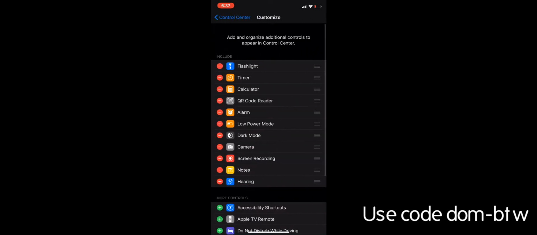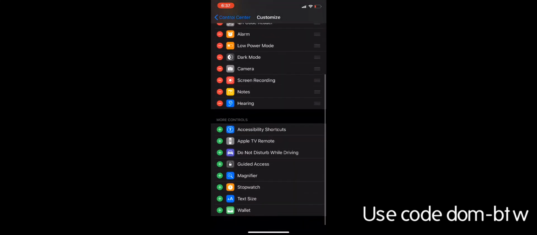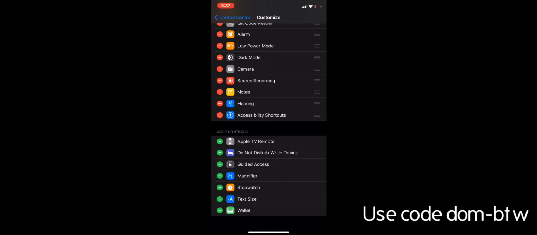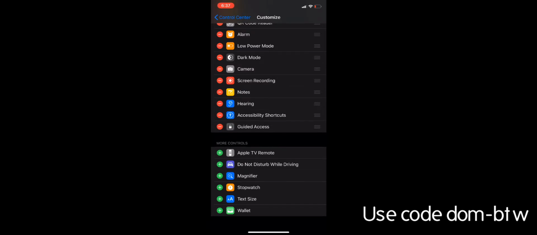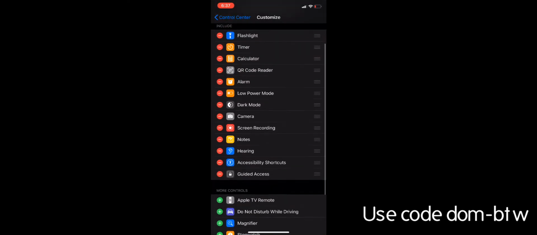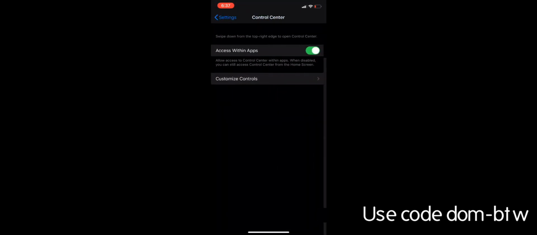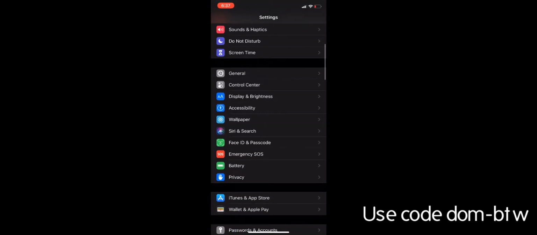So after I click Customize Controls, I'm going to scroll down and I will turn on Accessibility Shortcuts. It looks like a blue app with a human in it. And then you want to turn on Guided Access. It's like a gray app with a lock on it. So after you have those two included on your thing, then you are going to want to go to Accessibility, which is just a couple rows